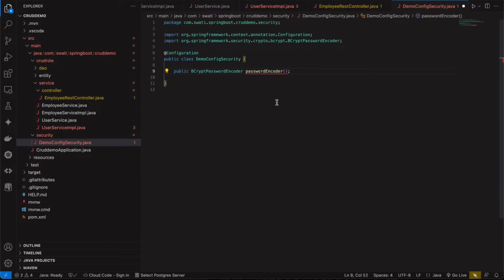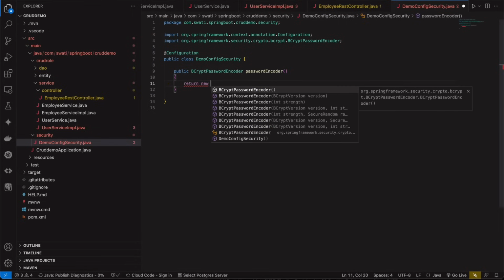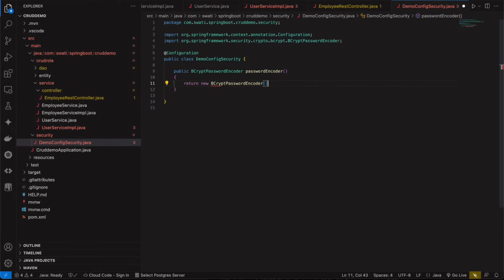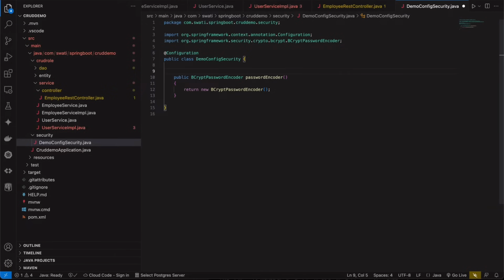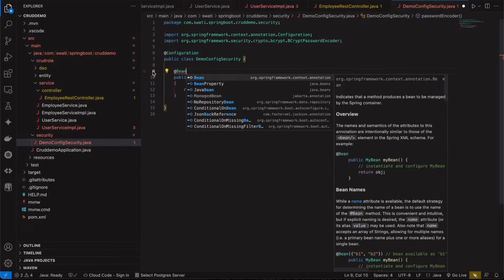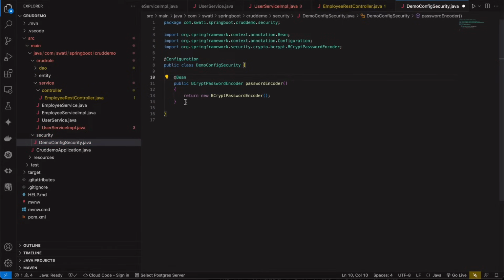Return new BCryptPasswordEncoder. Okay, so first annotate it with the @Bean annotation, so that the Spring framework handles this. Then whenever the password encoder is needed, it will inject it whenever it's needed. Okay,